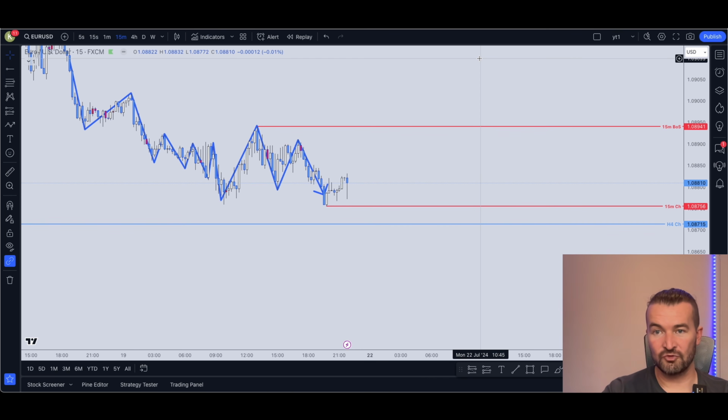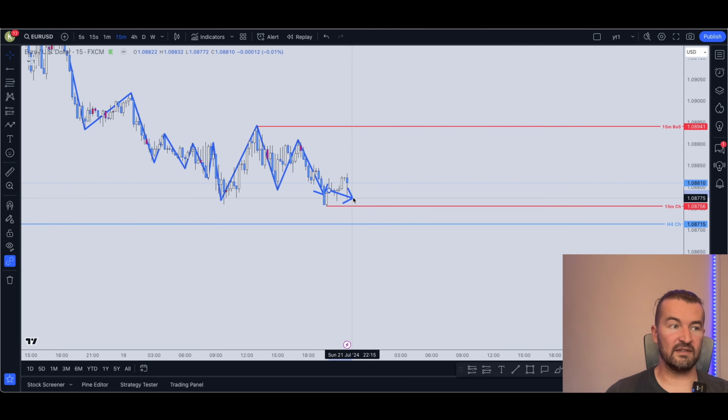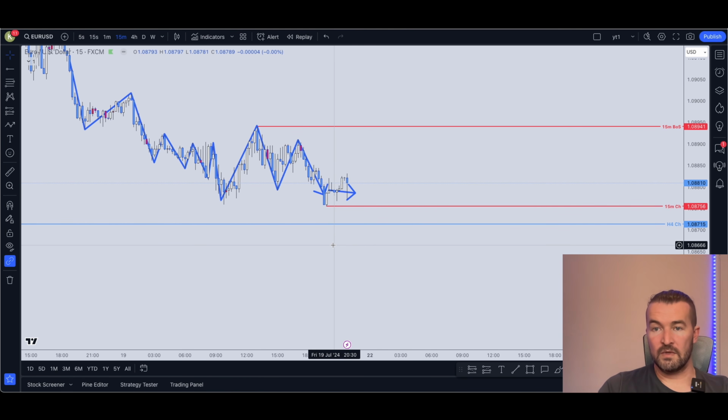Now for the added extra, which I didn't mention at the start, but if you've watched this far, congratulations. This is your bonus. There will be a bit of confusion as to what happens when you break an H4 structure with an M15 candle. So what I mean by this is, what if the M15 comes down and closes right here below the H4? Does that mean that the H4 has CHOCHed in this instance? The answer is absolutely not. It has created a wick. It will show the wick on the H4, but if the H4 closes back within this range, then that means that the H4 CHOCH basically just moves to that new level,